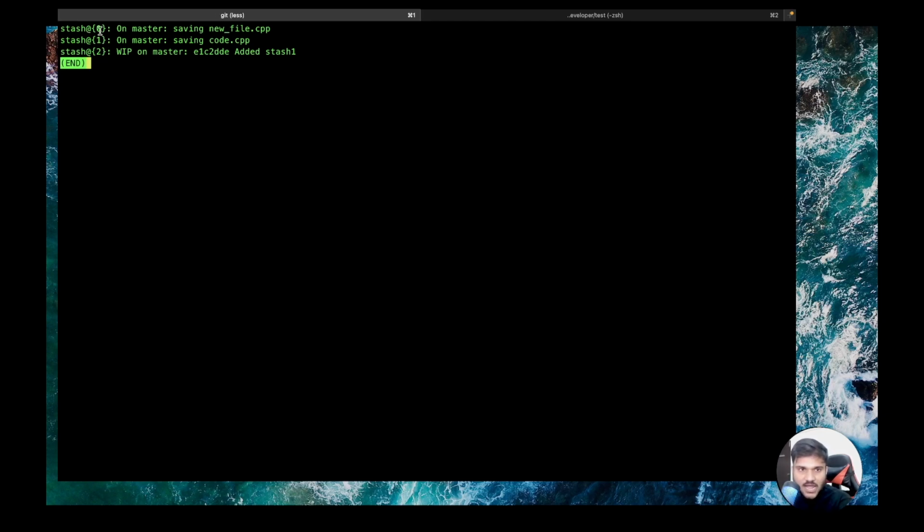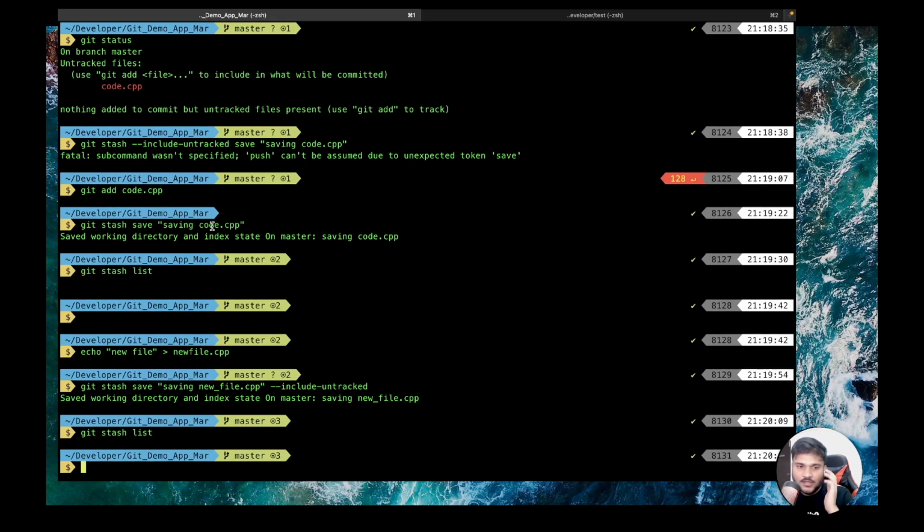So you can see the stack-like architecture, one above another. Last time we were not able to understand what the latest stash is. So your latest stash is actually stash 0. When you remove it, then the next stash 0 is the latest stash that you have. By having a good naming convention, you will be able to identify. Previously, when I was listing, we were not able to identify whether the last line or the 0th line had the latest stash. Now, because we are giving good stash messages, we will be able to identify what we did in a particular stash. This is technically a cool thing to go for.